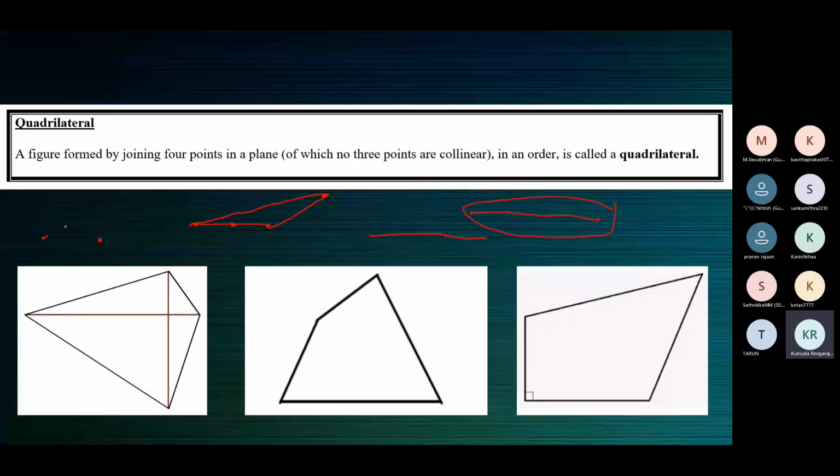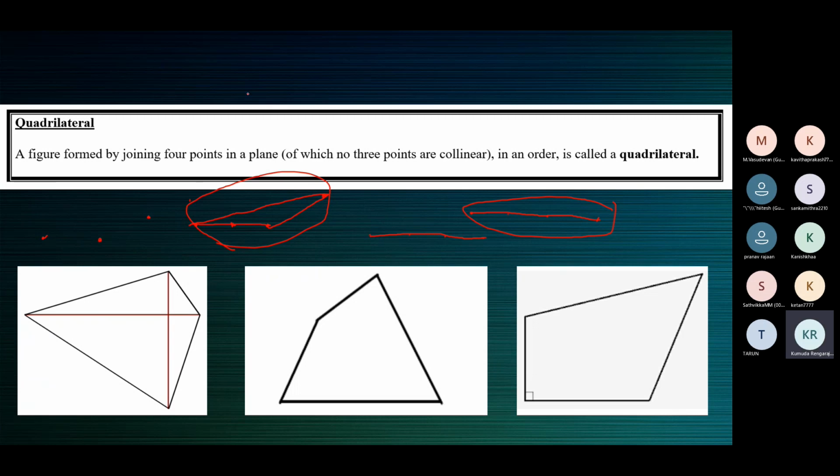So here 4 out of 4 points are collinear, here 3 out of 4 points are collinear. Now 2 out of 4. I cannot say collinear. Now only these 2 points can be connected by the same straight line. So we'll keep the third one somewhere here and anywhere. See, if I place the fourth one here, then these 3 will become collinear. Our idea here is that we'll not have 3 points collinear, because we already took up that situation.